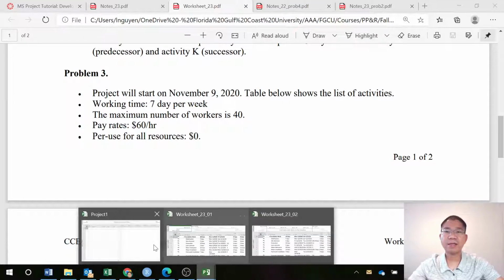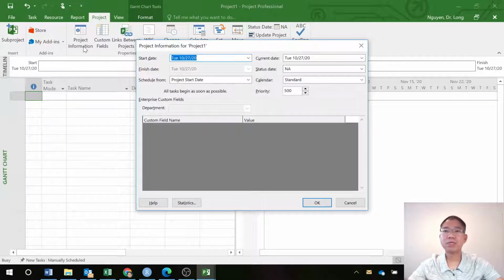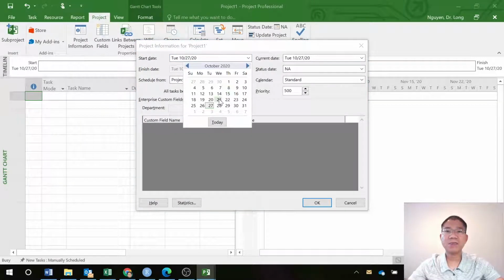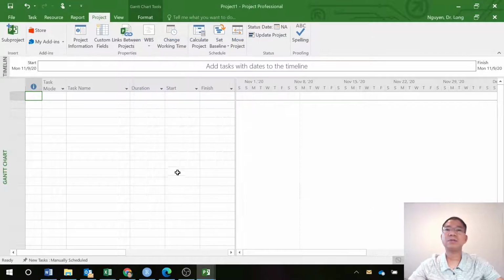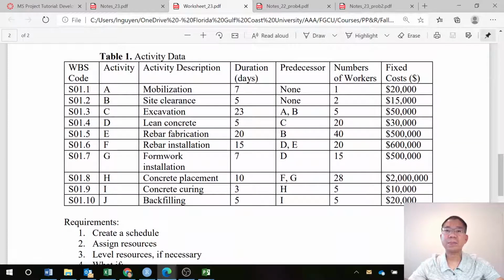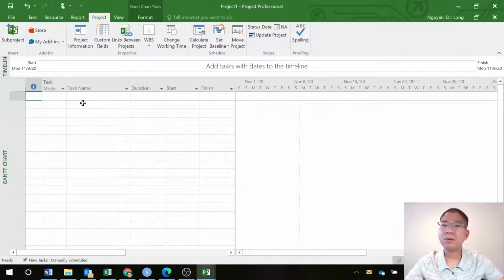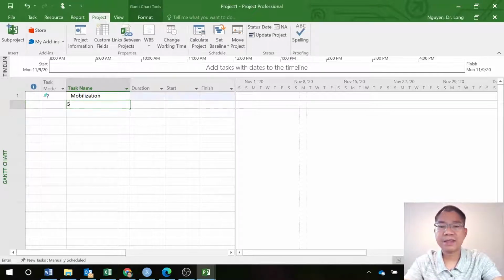So how can I do that? I can go to the project tab, Project Information, and set the start date to November 9th, which is here. Project start is November 9th. Then we can go back to add the project information: mobilization, site clearance. So you can type mobilization, site clearance,